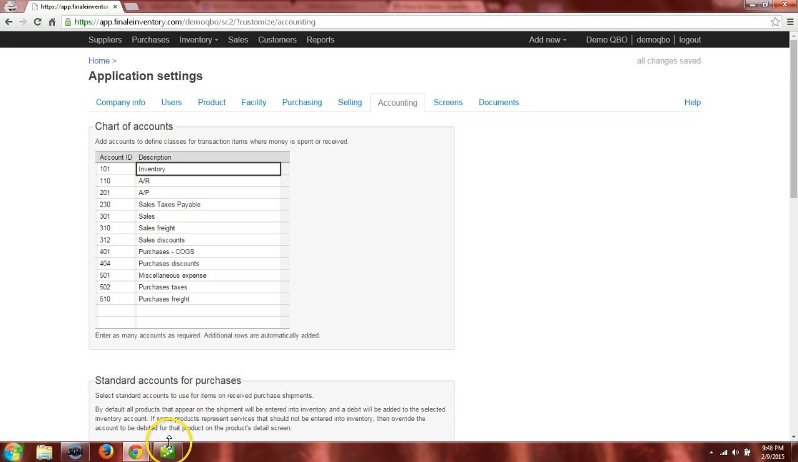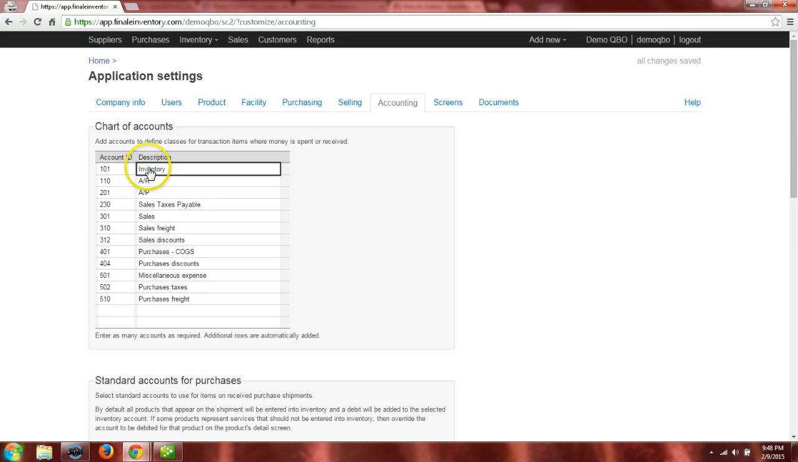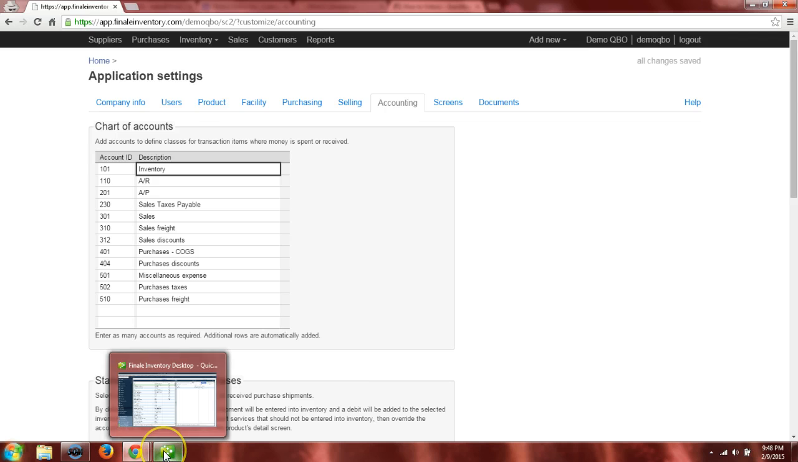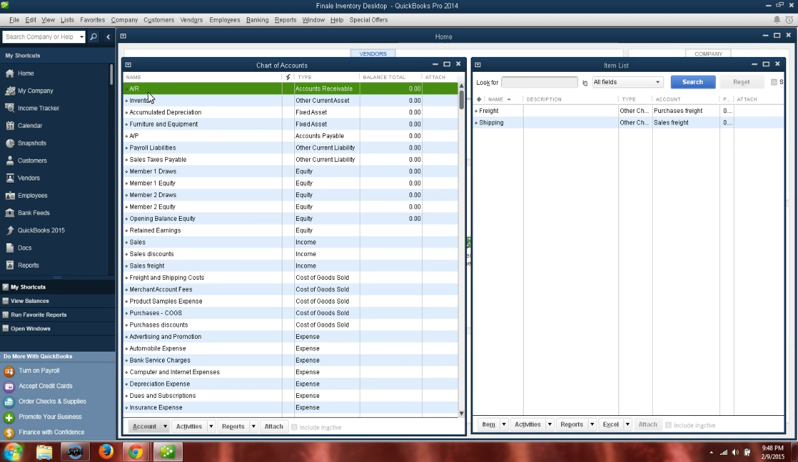So if I look, I need to make sure that in my company file there is an inventory account, and here mine is in this company file. So it has to make sure that this is spelled exactly, case sensitive and all. So I have my inventory account and it matches my designation of the inventory account in Finale. So the next one would be an accounts receivable, accounts payable. So I can make sure that those exist. So I have an accounts payable and my accounts receivable is right here, and they are spelt the same. So we're good to go,